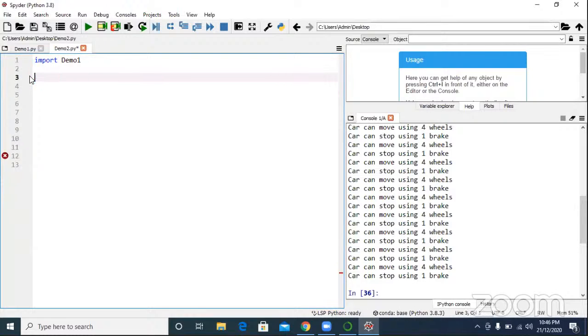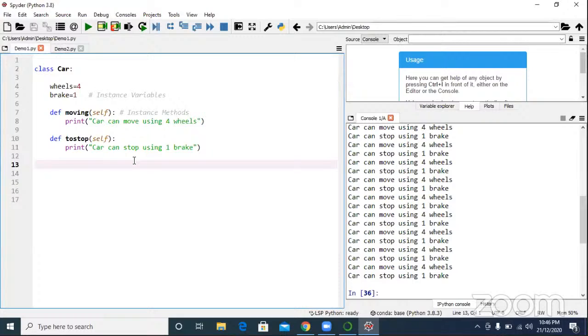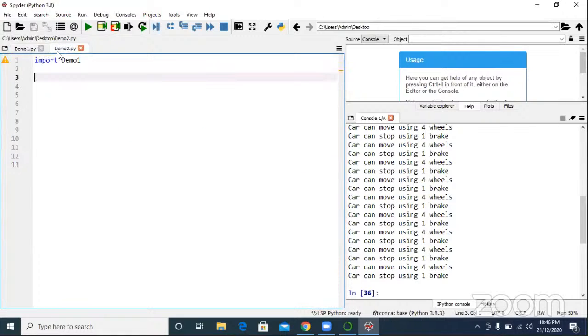In a small point, actually here, I have a class Car now. I have 2 methods, moving and to stop. Very, very simple point. Suppose I have BMW equal to demo1.Car. Correct now?